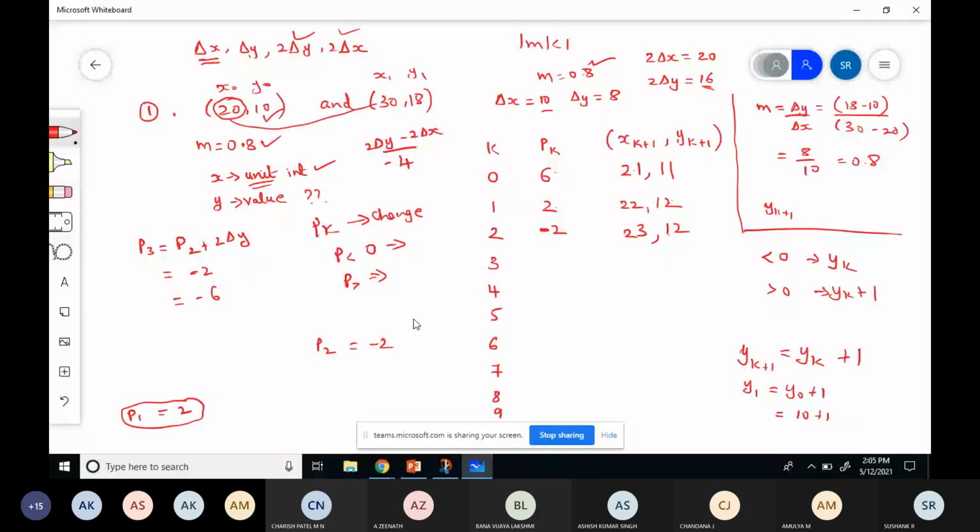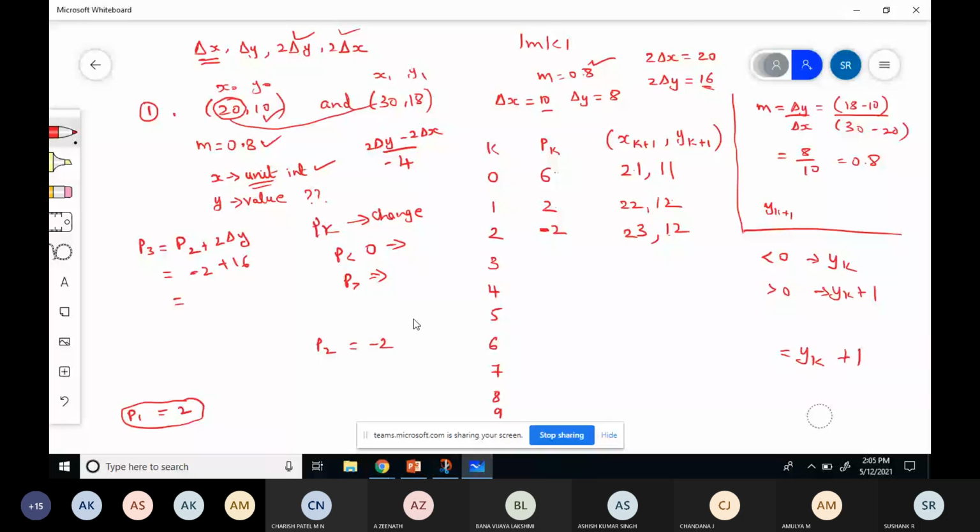So this is also one of the areas where most of them will do wrong things. So keep it in mind. The formula will change when pk is greater than 0, and when pk is less than 0. See, I've done this purposefully so that you will remember this. So in the examination also, don't repeat this. So keep it in mind.